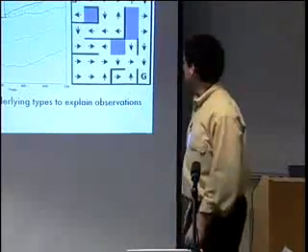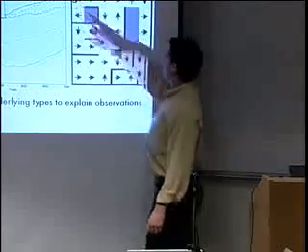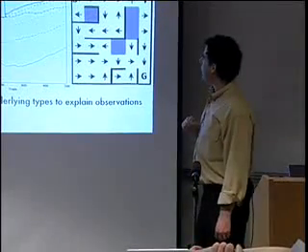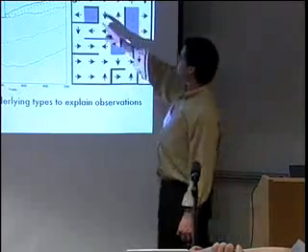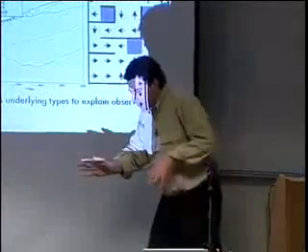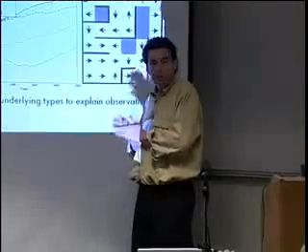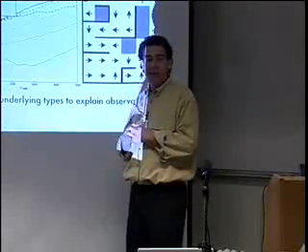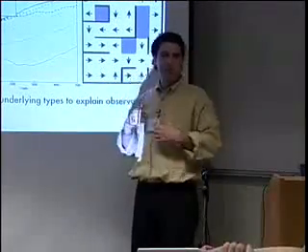Here's a concrete example. So here's a little grid world. It starts off in some starting state. It's trying to get to a goal state. And each state has some possibility of slippage. You can go north, south, east, west. If you try to go east, it might slip north with some probability. It might slip south with some small probability, unless there's a wall there, in which case you can't slip. You just stay where you are.